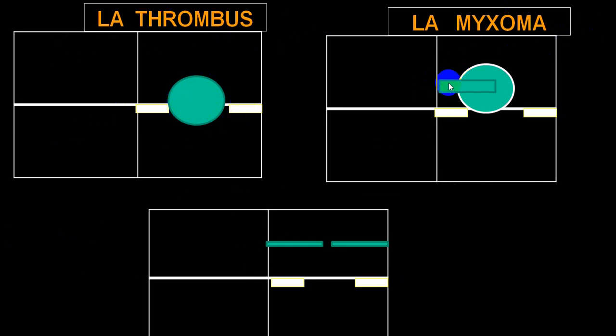Myxoma, if pedunculated in a certain position, can block the mitral valve opening, producing an picture identical to mitral stenosis. So this is a left atrial thrombus which is free and can block, and as it is shaped like a ball, it is called a ball valve thrombus. This is a myxoma which can produce occlusion, and it is a pedunculated tumor of the left atrium,